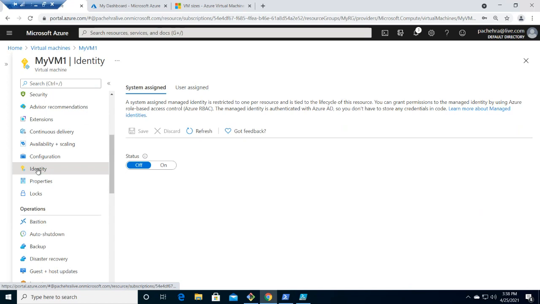So normally, when you have an application hosted on a virtual machine, you connect to any service like SQL, right? To do certain things on the SQL database, you have to authorize, right? You have to have the username and password for connecting. You don't need it anymore. You just provide that access, right?